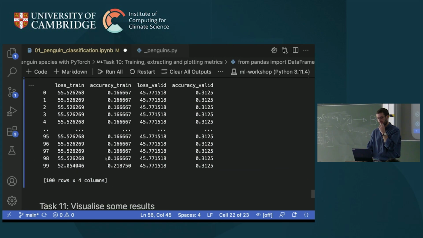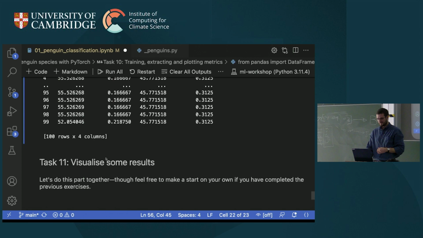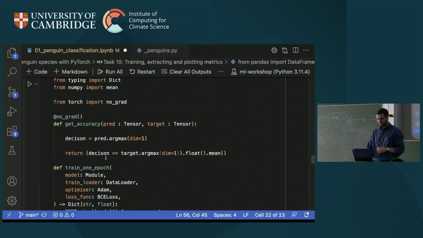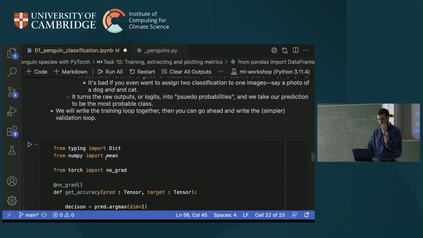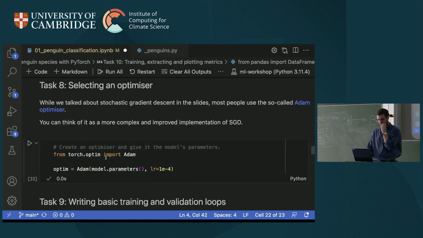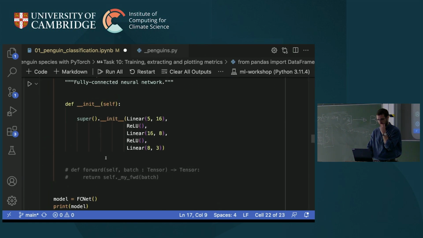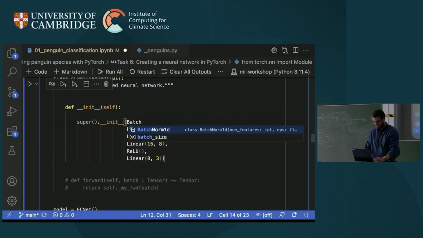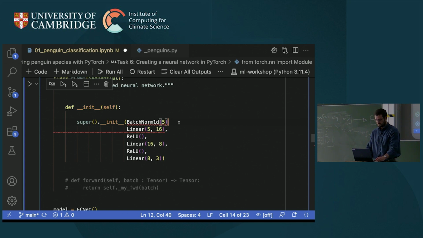Oh yeah, actually, one thing we haven't yet done is normalize our data, which someone said at the beginning and then I forgot. So we can cheat: instead of normalizing the data by dividing both the training and validation set by the training and validation means, we can add a batch normalization layer to our model, which does this for us on the batch level. This might not be as performant as normalizing it properly, but it's a quick hack for my mistake. So we can add this BatchNorm1d. This will, for each input, subtract the batch mean